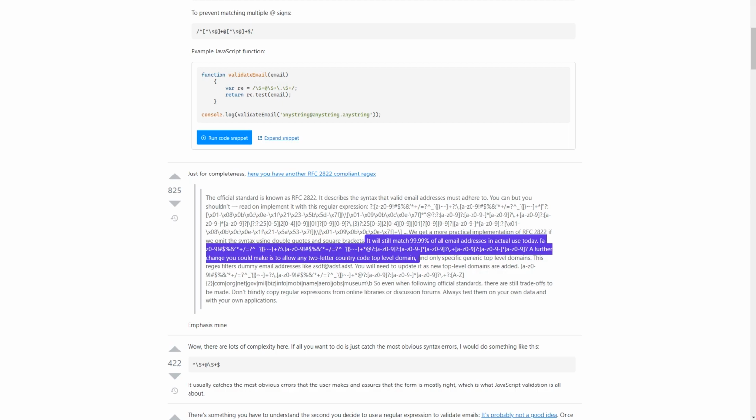AZ0-9, hashtag $% and asterisk plus slash equals, caret underscore dash plus, colon backslash. AZ0-9, hashtag $% and plus slash equals, caret underscore dash plus at, AZ0-9, AZ0-9 AZ0-9, backslash dot plus AZ0-9, AZ0-9